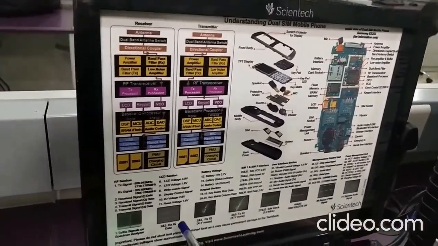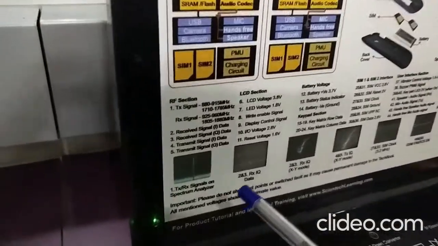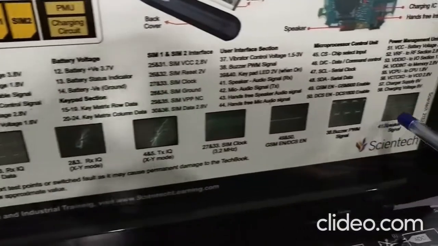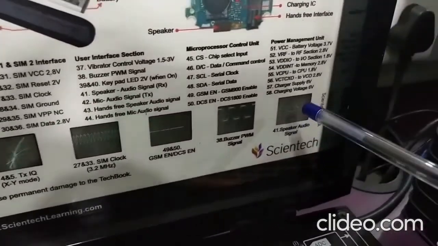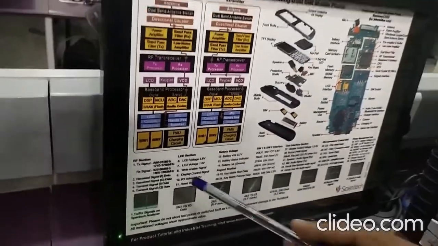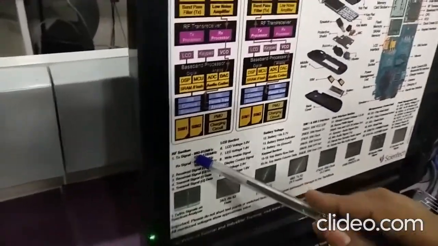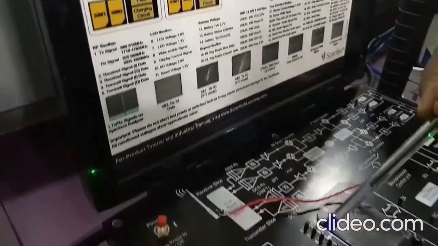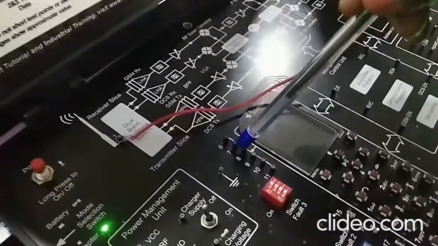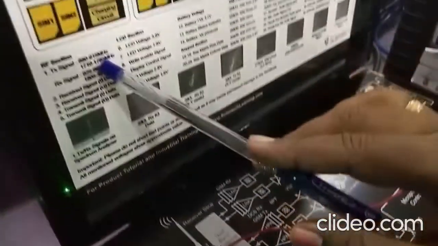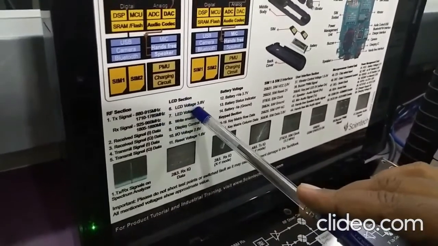Down the line, you can see all the waveforms we are expected to receive from this trainer kit at this particular node. And if you see this, we have the pin numbers. In the trainer kit, all these popped-up pins are given a distinct number, so when you go to this panel, you can see that number.